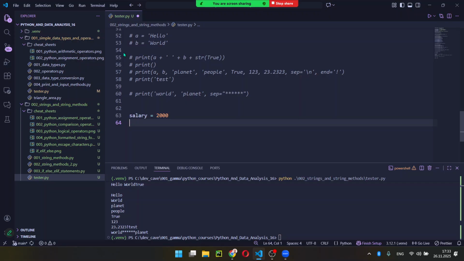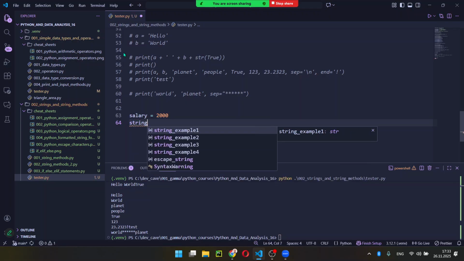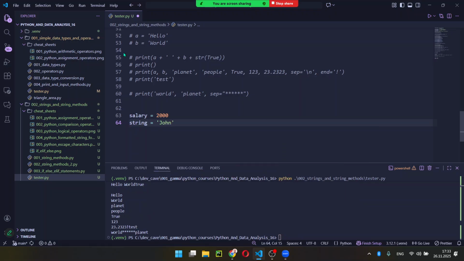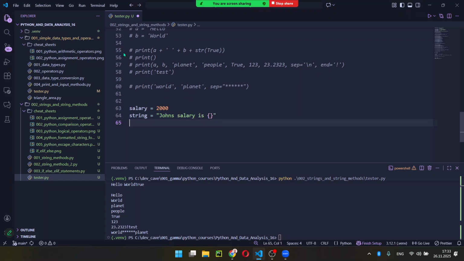I also have a string. So for example, I want to say John's salary is, and I want to add that salary inside it. I could do something like that and then use the plus sign and create the string. But what I can also do is leave curly braces in there. Just empty curly braces. For now, nothing will happen. But these curly braces stand for a reserved spot,